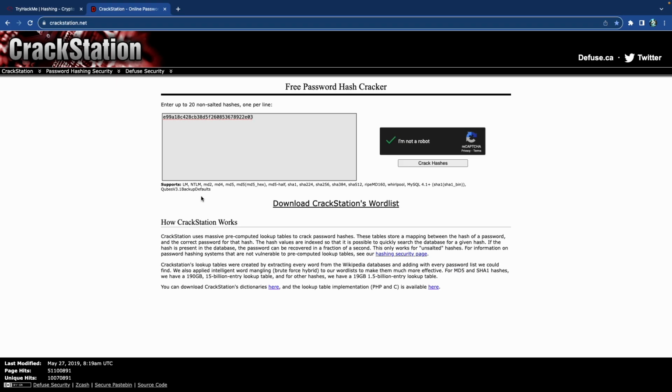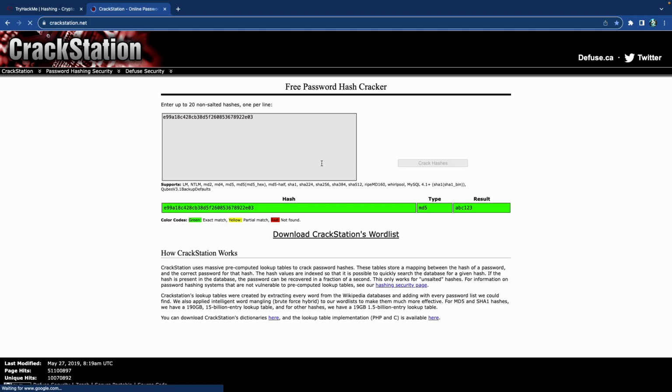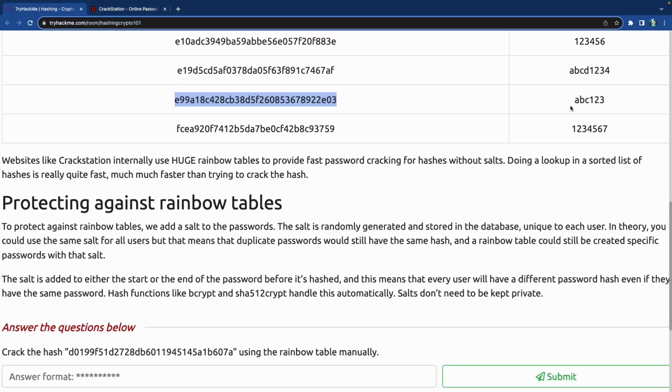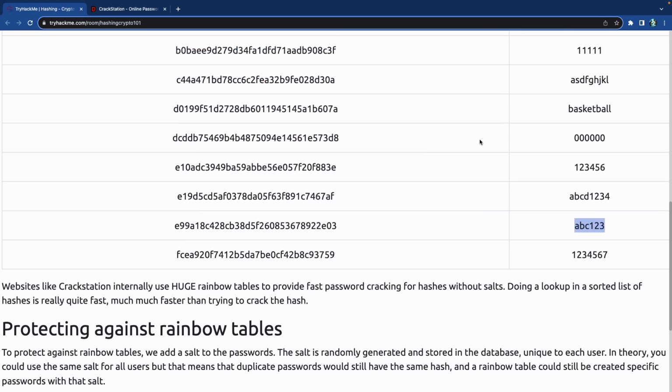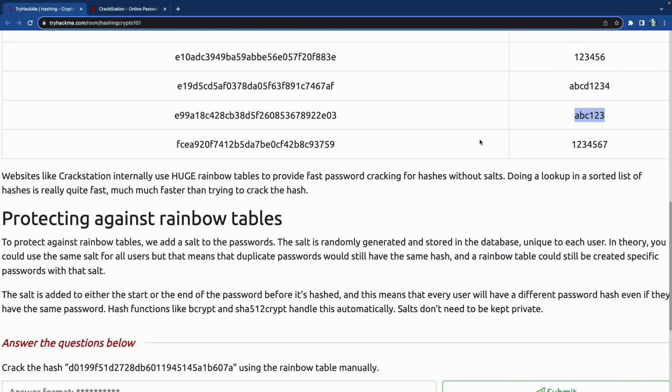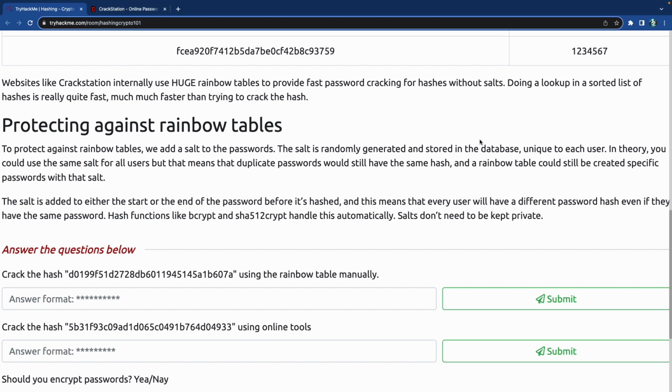So if you can get the hash of something, at least if it's a password, it doesn't work with anything else, but if you find somebody's hash for their password and it's any of these algorithms, you just come to CrackStation, you run this thing, and look at that, ABC123. It's an MD5 type hash. So it's pretty crazy. So it's good to know.